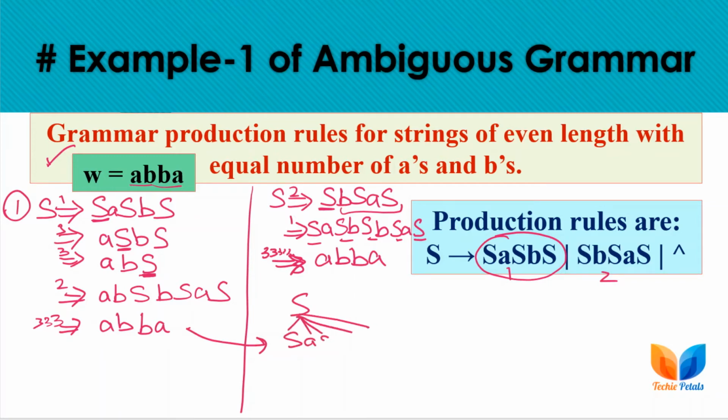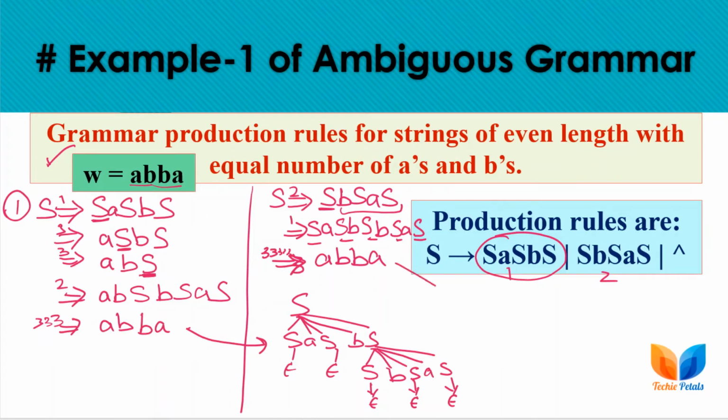S A S B S, and after replacing this with null, we apply here S B S A S, and all these S will be replaced by null. So this is the derivation tree or the syntax tree for this derivation.